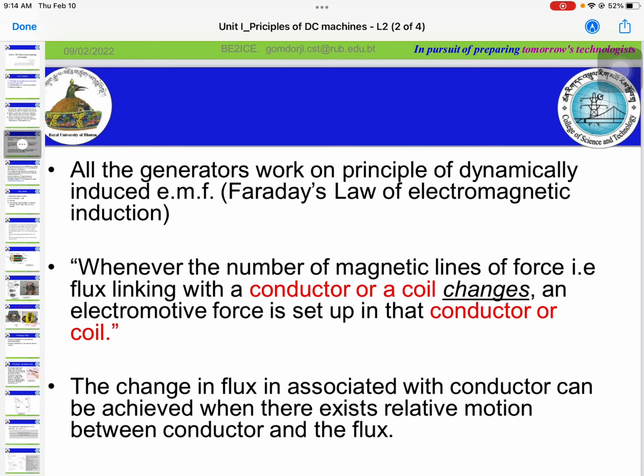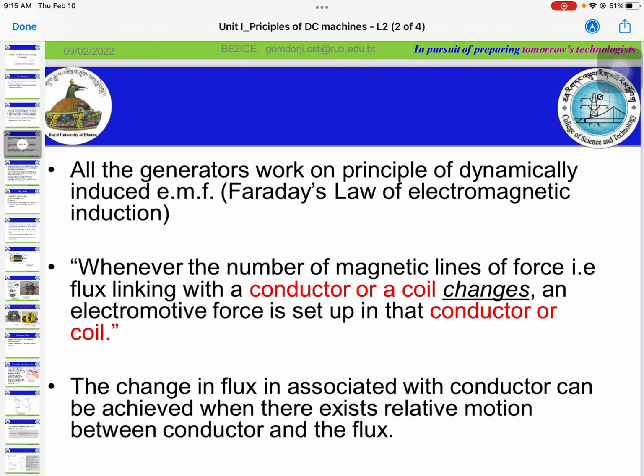In this video, I'm going to explain the working principles of DC machines. In machines, the energy conversion is due to two principal electromagnetic phenomena. The first one is when a conductor moves in a magnetic field, a voltage (EMF) is induced in the rotor conductor. And the second phenomenon is when a current carrying conductor is placed in the magnetic field, the conductor